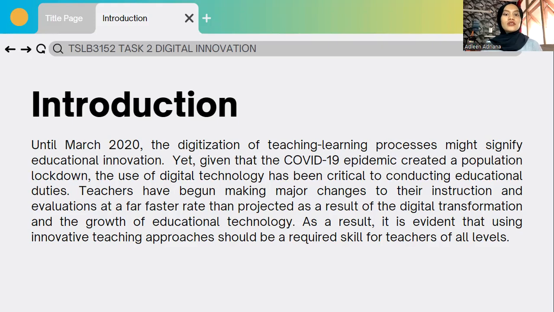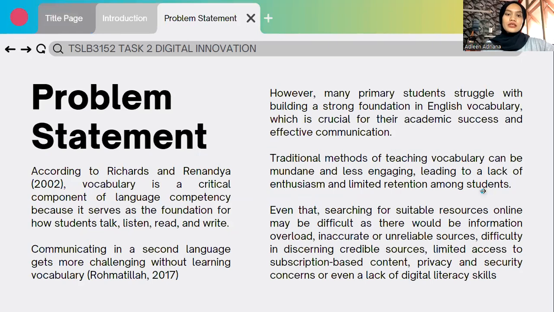As a result, it is evident that using innovative teaching approaches should be a required skill for teachers of all levels. All right, we will discuss its problem statement. According to Richards and Renandya in 2002, vocabulary is a critical component of language competency because it serves as a foundation for how students talk, listen, read, and write. And as we know, communicating in a second language gets more challenging without learning vocabulary, as stated by Rahmatullah in